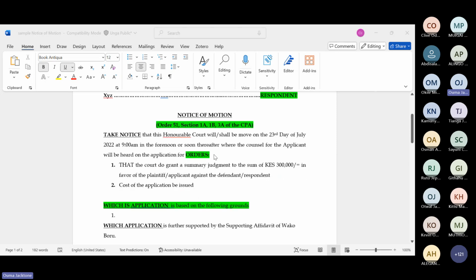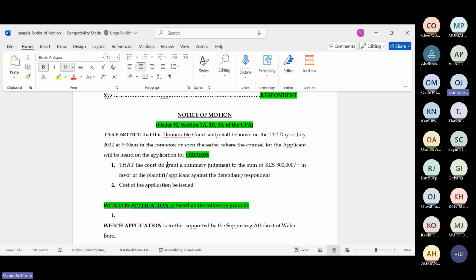And I've said that when it comes to Anton Piller, the evidence must be very strong so as to identify the documents or whatever items you are trying to seize and where they are. Okay? It is not a fishing expedition. The court will not give you an order of Anton Piller if you're just trying to fish.